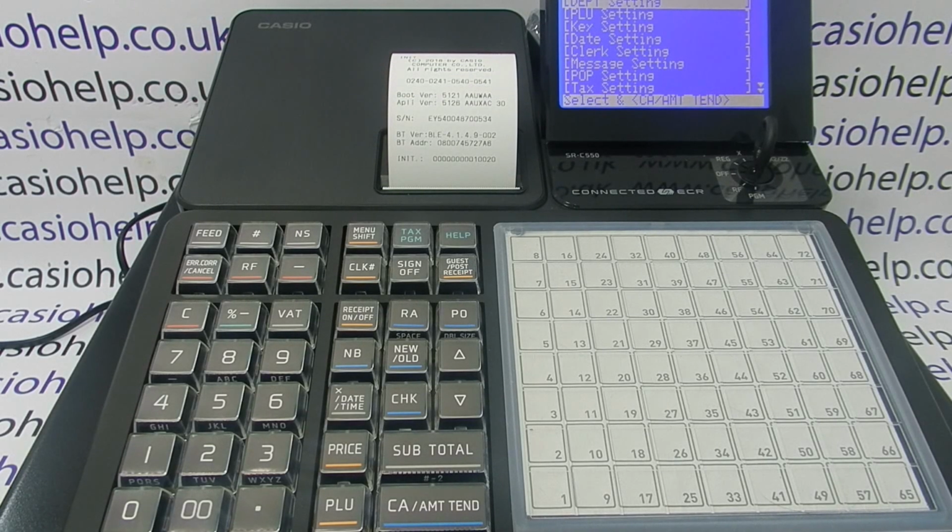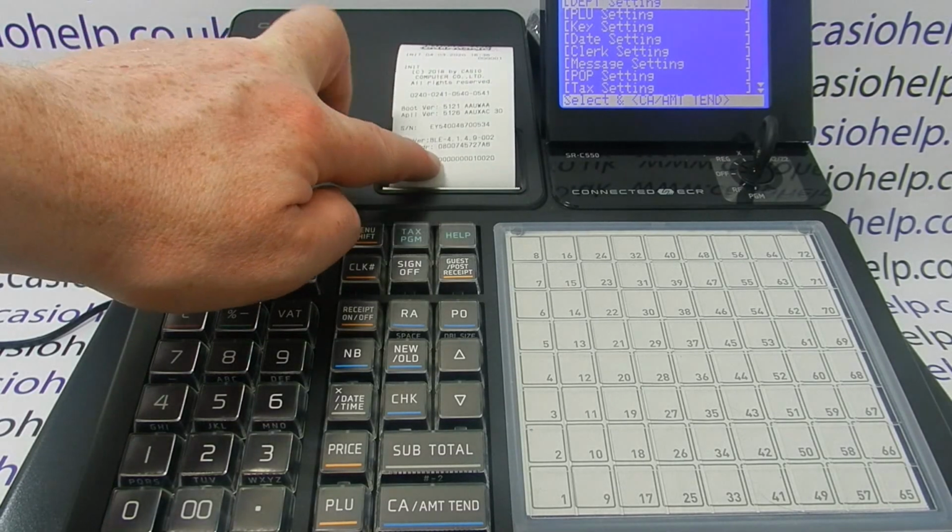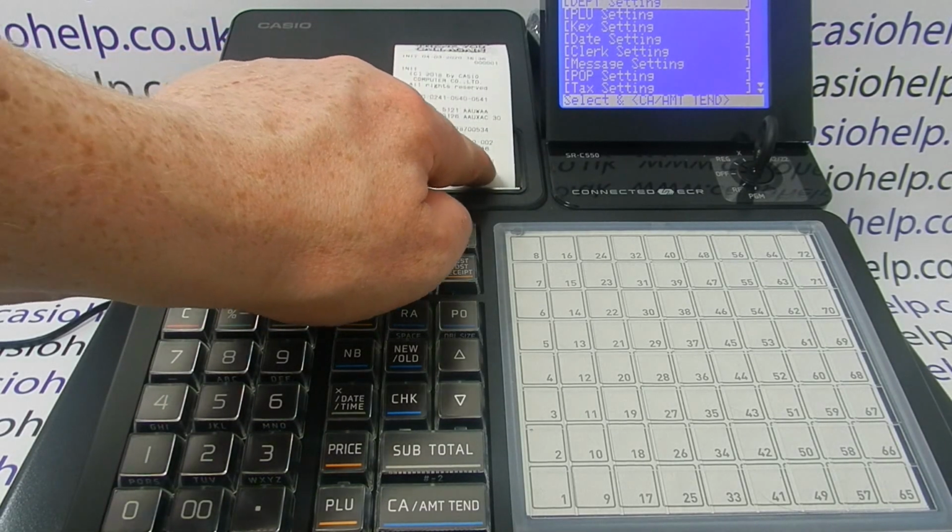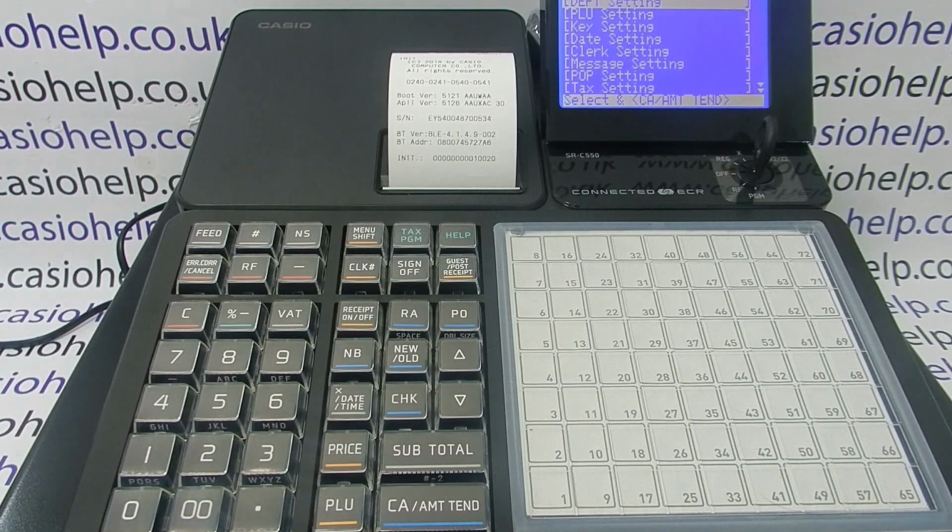There we go. We know the reset has been successful because our init code 10020 has appeared there. Please check out the remaining videos to do with setting up table tracking on the SRC550,